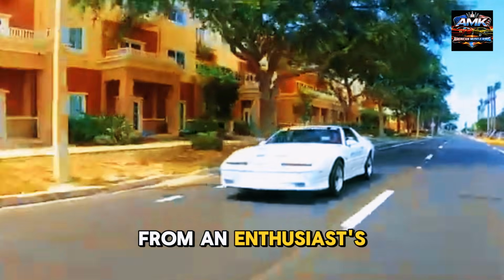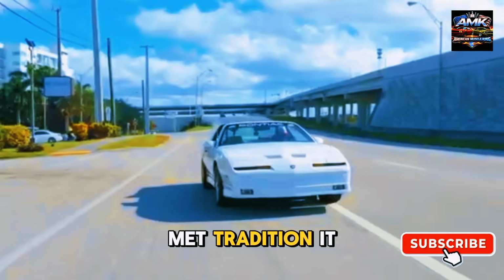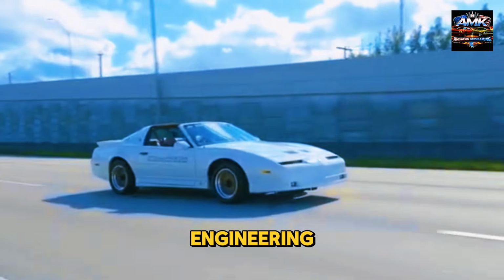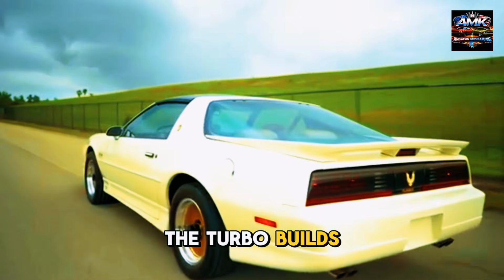From an enthusiast's perspective, this car represents a moment when innovation met tradition. It proved that performance wasn't limited to big engines, but could also come from smart engineering and forced induction. Behind the wheel, the experience feels controlled yet thrilling. The turbo builds power smoothly